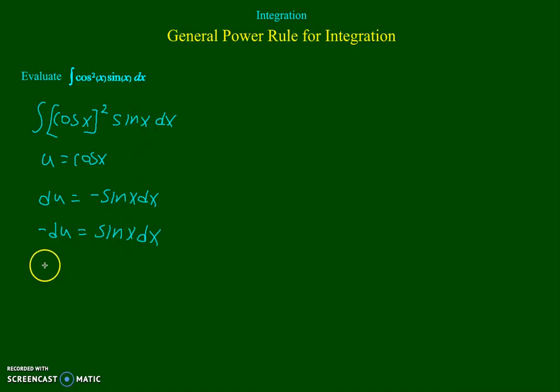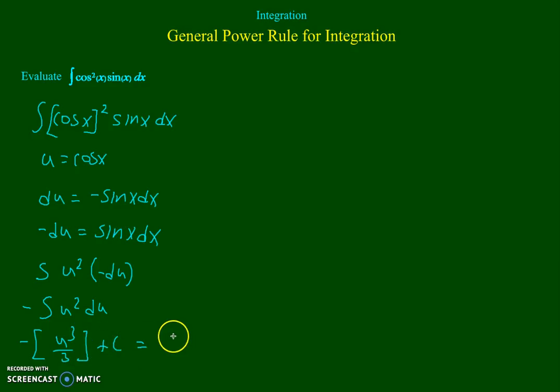And so that's the integral of u squared times negative du, which we're going to pull that negative sign out as though it's a multiple of negative 1. So we have negative integral of u squared du, which is the negative of u to the third over 3 plus c, which equals